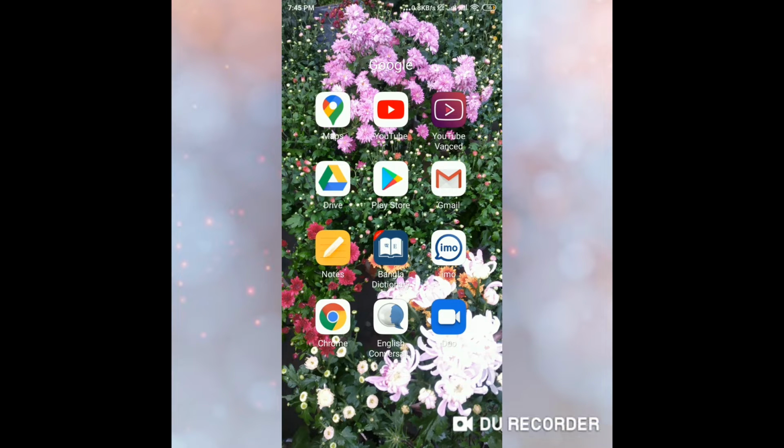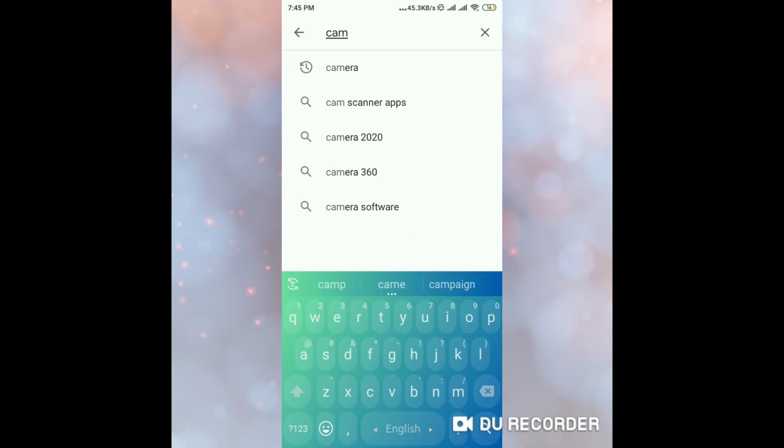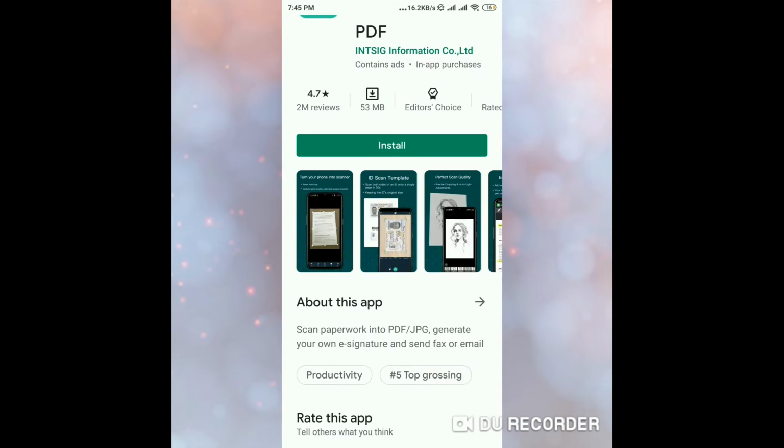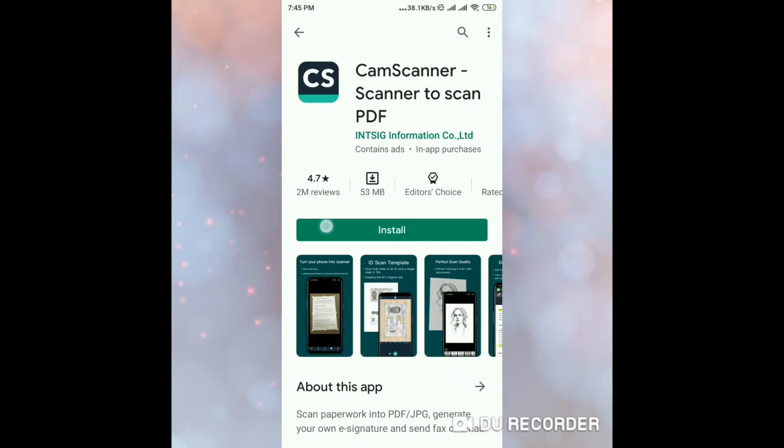So if you do not have the CamScanner app, then go to Play Store and directly search CamScanner, and the first one is our desired application. Now just simply tap on the install button and complete the installation process like this. It won't take much time to install, but